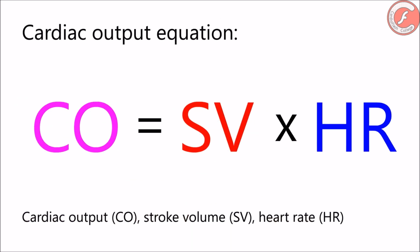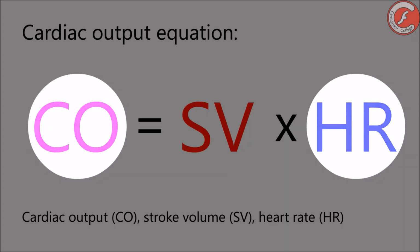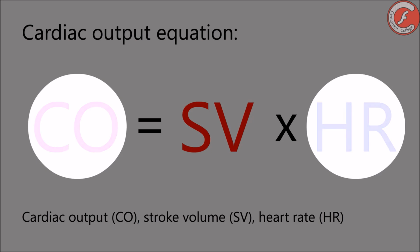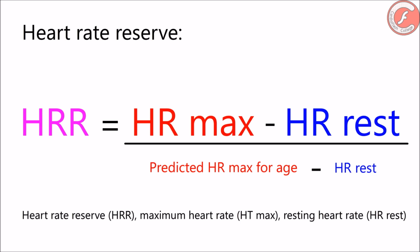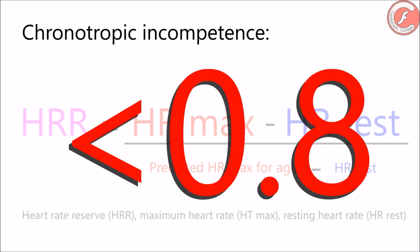This reduces cardiac output and prevents the body's metabolic demands from being fully met. Although the Fox-Strand formula has traditionally been used to determine the maximum heart rate predicted by age, a more robust concept called heart rate reserve has recently been introduced. Thus, the heart rate reserve is calculated from the relationship between the heart rate at rest and the maximum heart rate. In this way, a patient is considered to have chronotropic incompetence if the heart rate reserve value is less